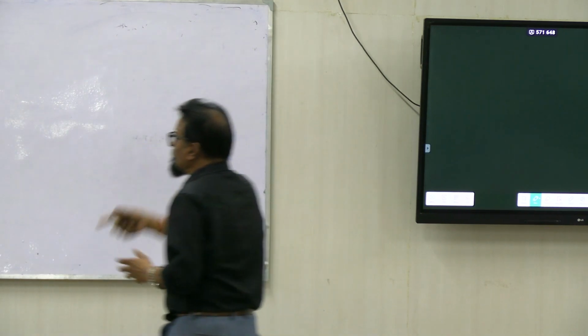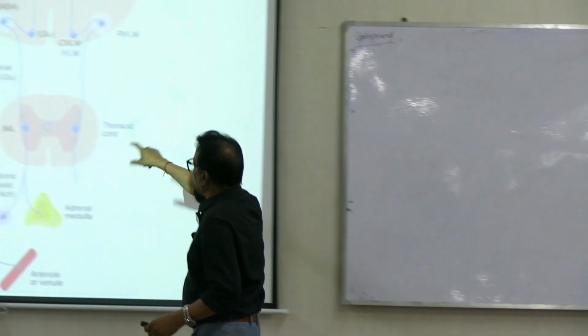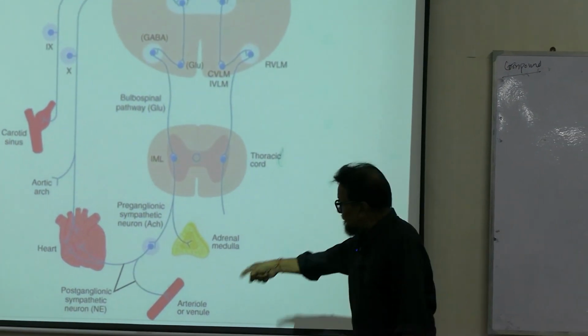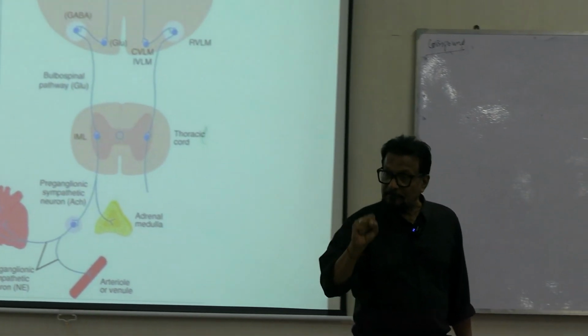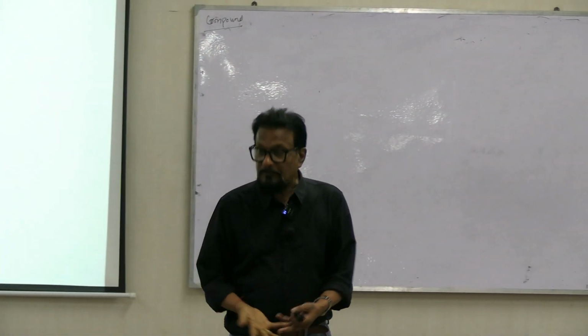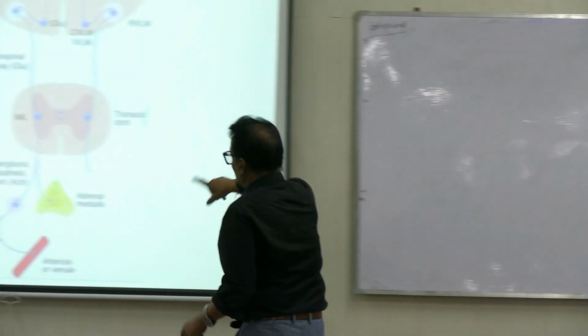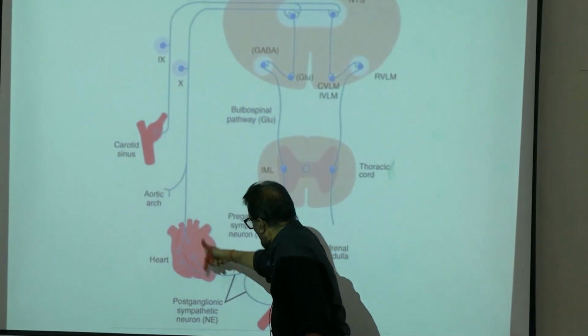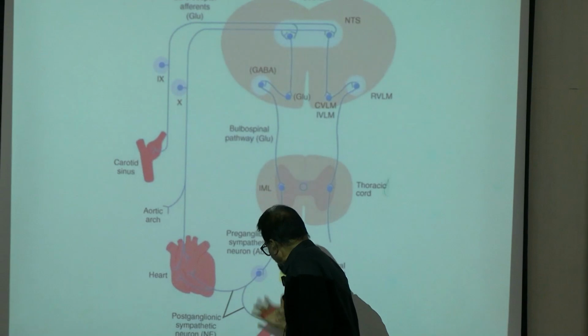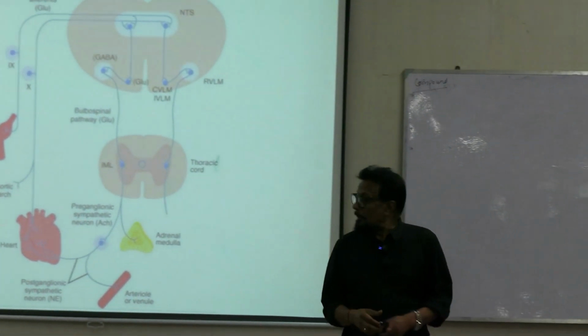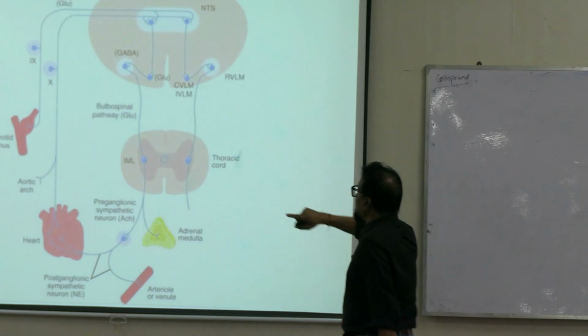So, because of sympathetic activity, what will happen? Activity of the heart will increase and the vessels will be constricted, vasoconstriction, so there will be an increase in blood pressure. Because of the activity of this, there will be an increase in blood pressure. Because of contraction of this, there will be an increase in blood pressure. Okay. Now see,